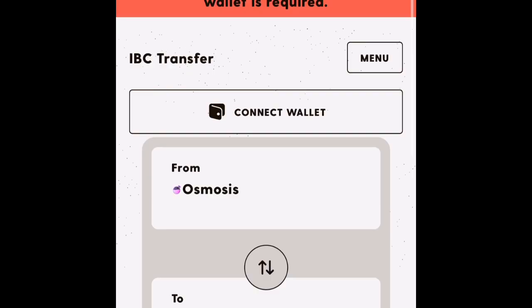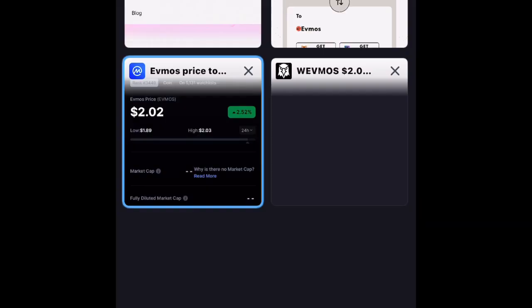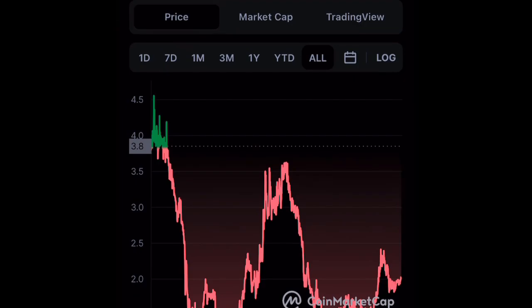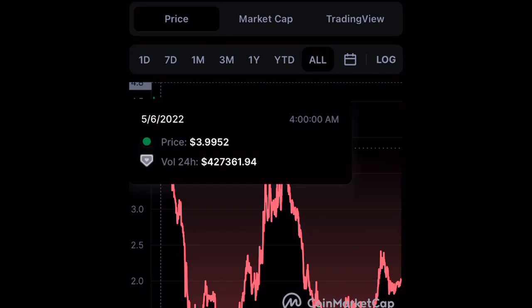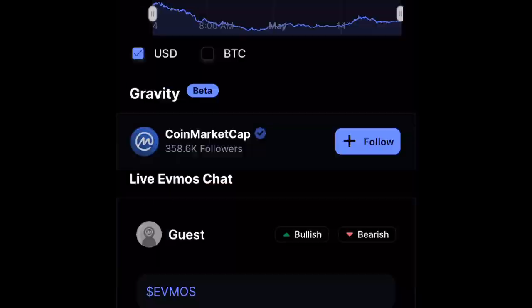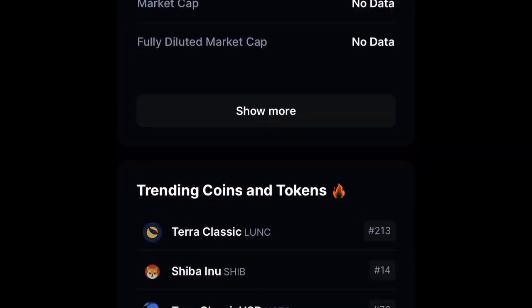So we're going to get up out of here. I wanted to show you guys CoinMarketCap real quick. This is their information. This is their all-time chart. The all-time high was around that price up here, like 450 or whatever. I don't use CoinMarketCap a lot. I only come in here for contract addresses and stuff like that.